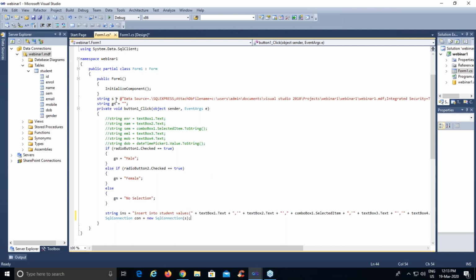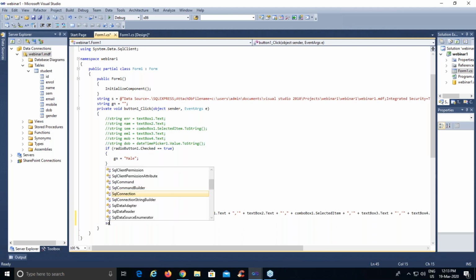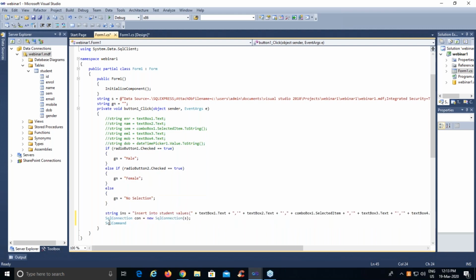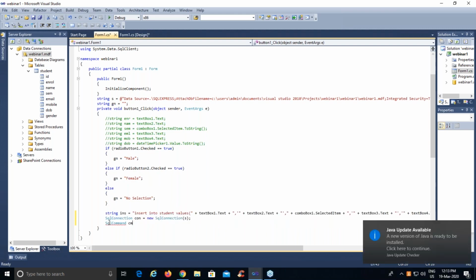This particular class mainly connects your query and this code with your database. The next task is to execute this query. To execute this query, we are going to use the SQL command class. SQL command cmd equals new SQL command.